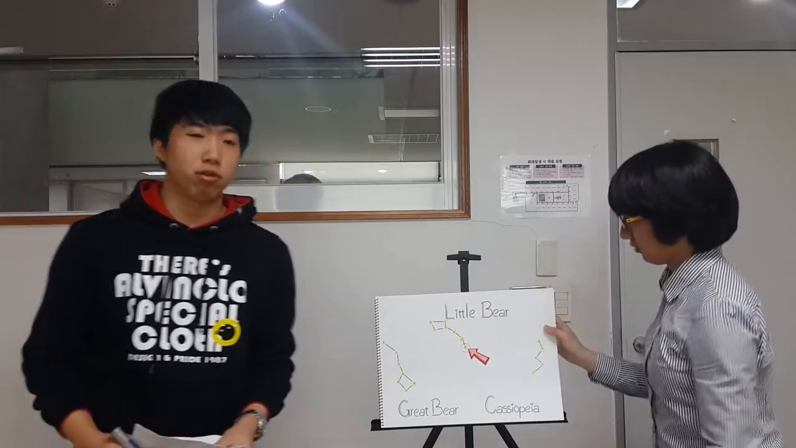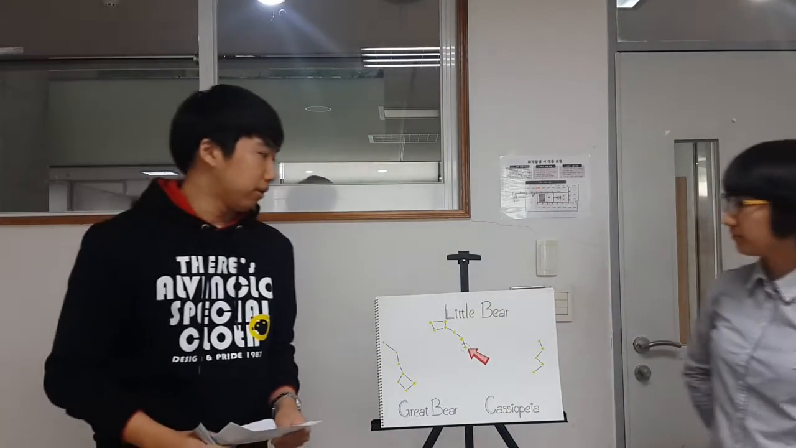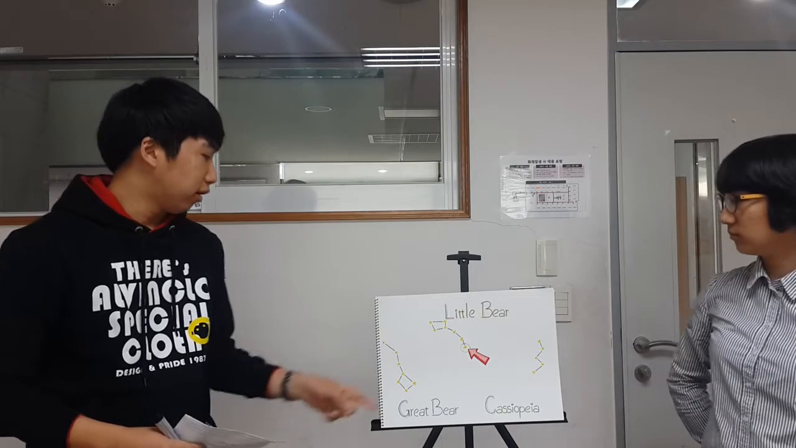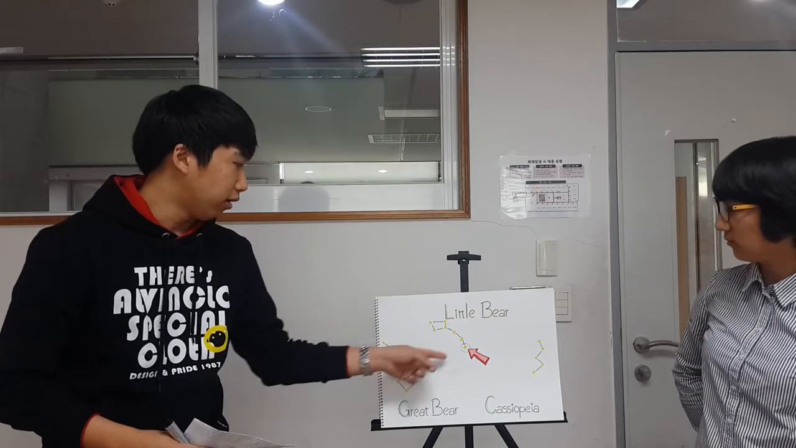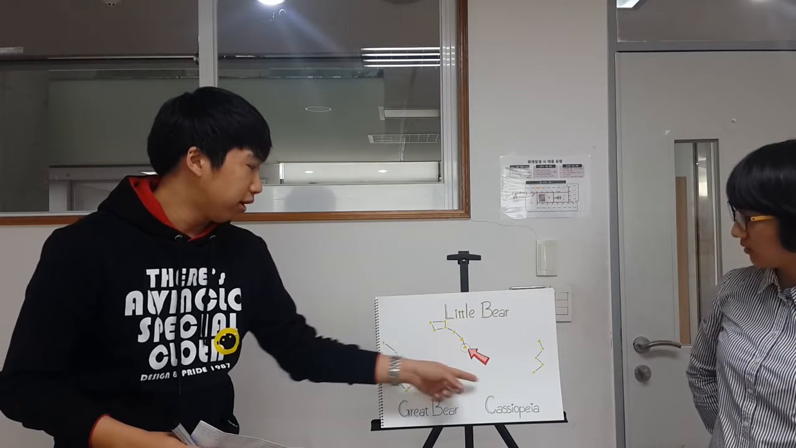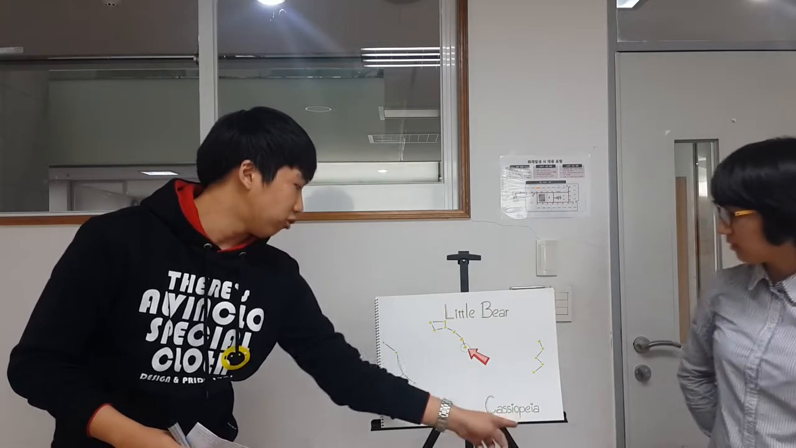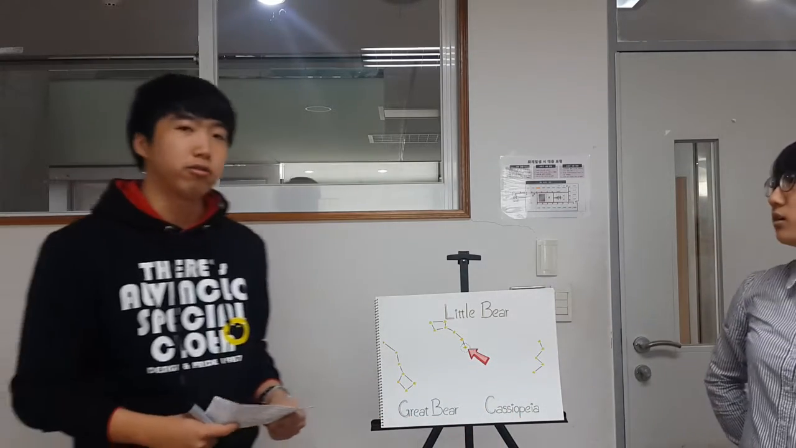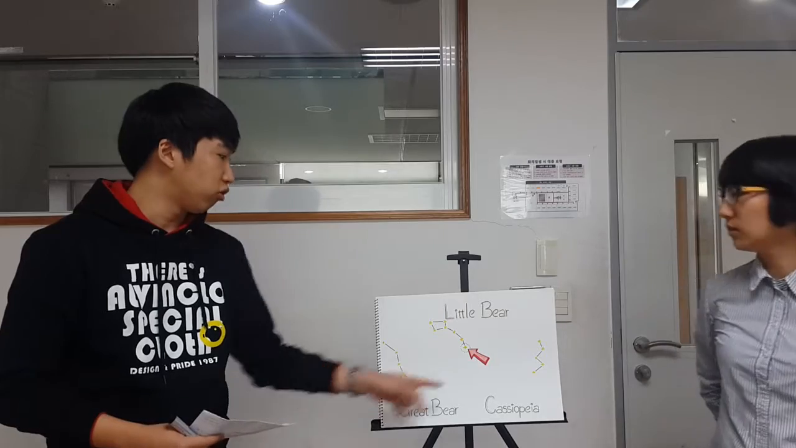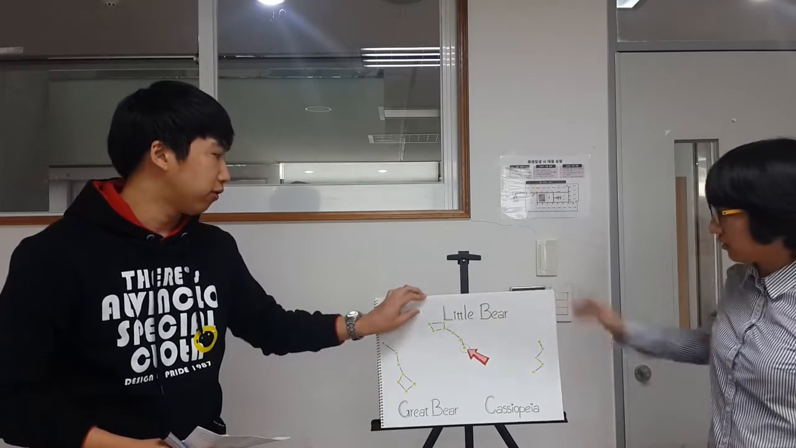Okay, so we are ready to observe polarities. I'm going to tell you that this is Great Bear, and this star is Polaris, and this is Cassiopeia. There are two ways to observe these polarities. First,